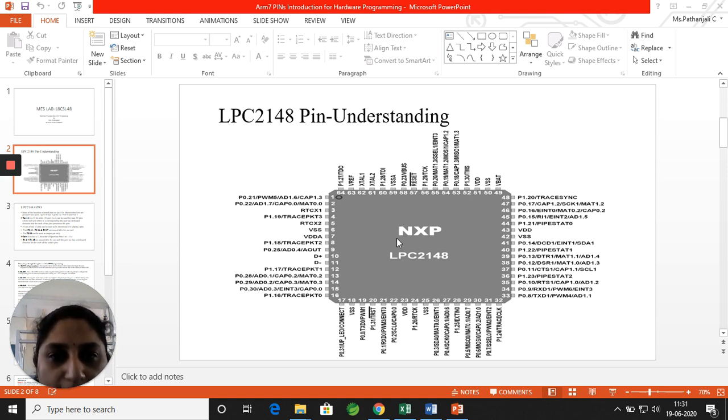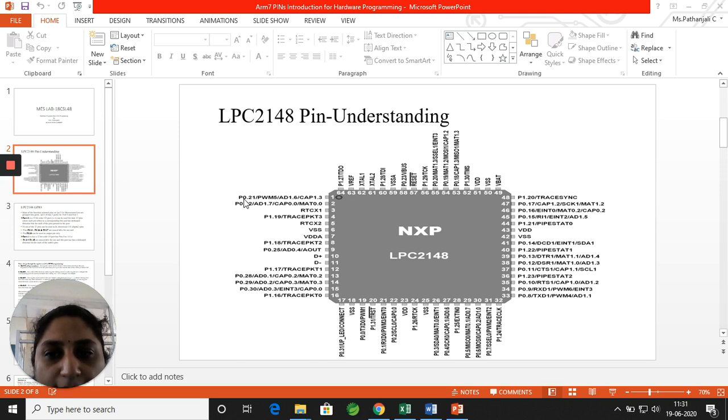As you can see in your diagram, there are n number of pins for your LPC2148, and each pin has multiple functionalities associated with it. As hardware programming, I have to configure it to connect with your LPC2148. For that I will require the ports.